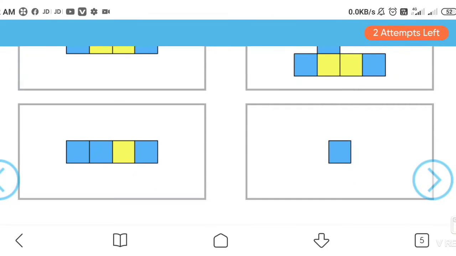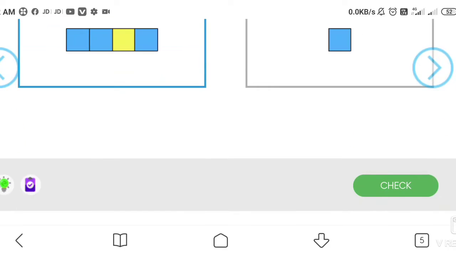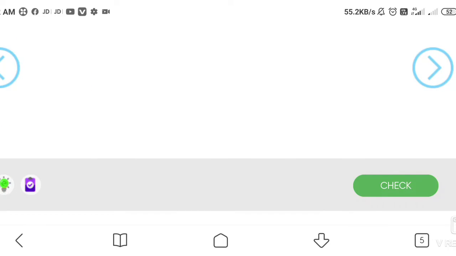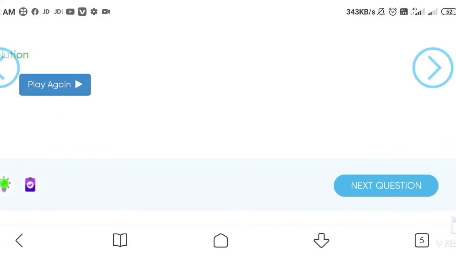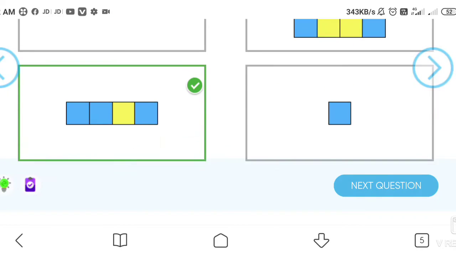That means I think this option is correct. Yes students, now we will check our answer. Our answer is correct.